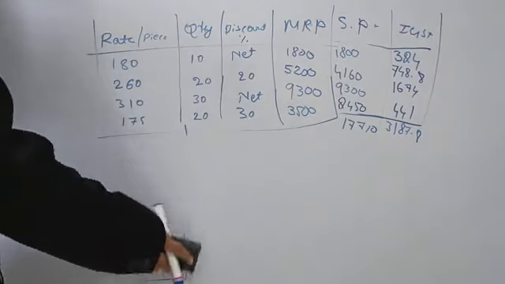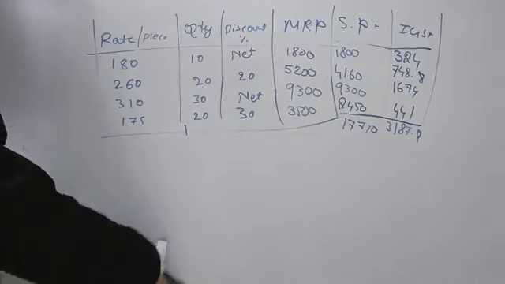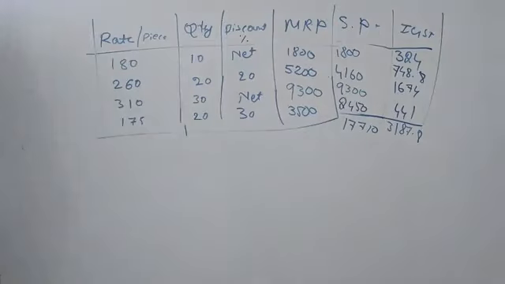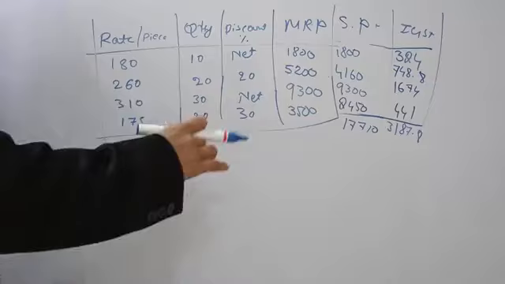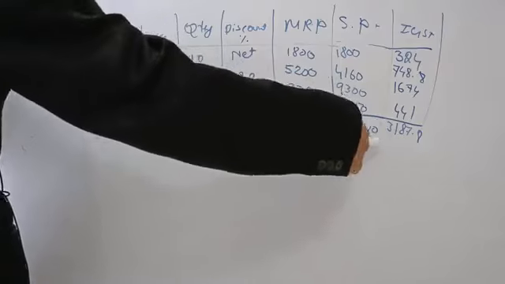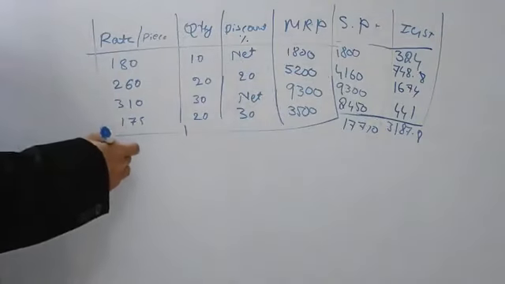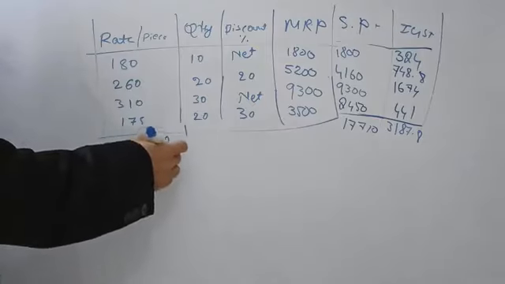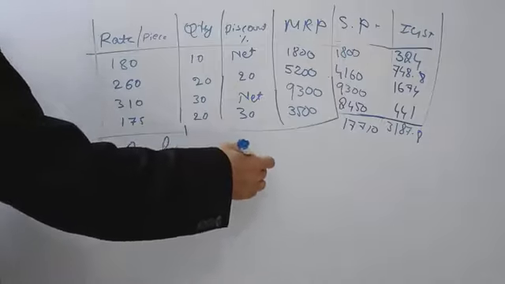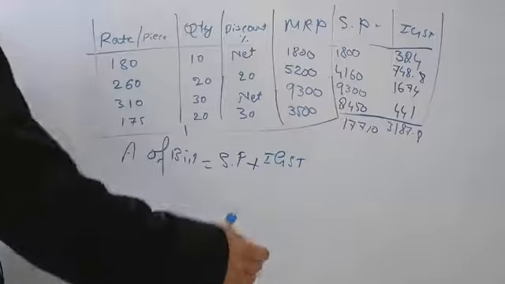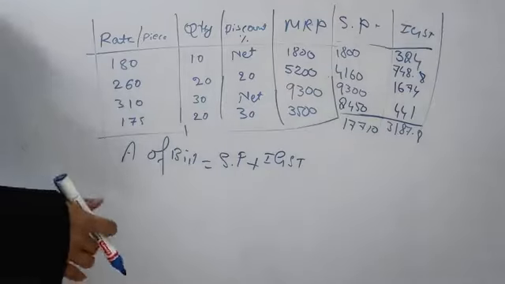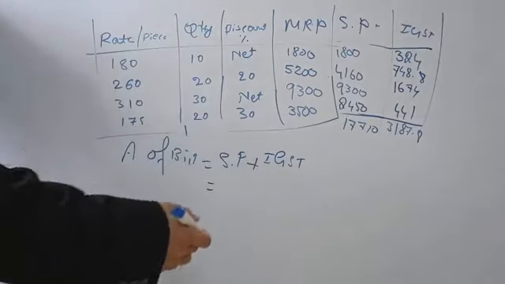The total amount of bill to be paid is made by the seller to the purchaser, the buyer. So the total bill is 17,710 plus tax; we have to add these two. Total amount of bill equals selling price plus GST. If it is intra-state, we take CGST and SGST too, but now this is interstate, so we take only IGST.